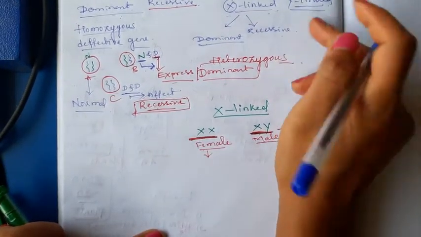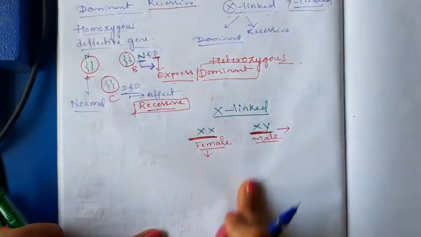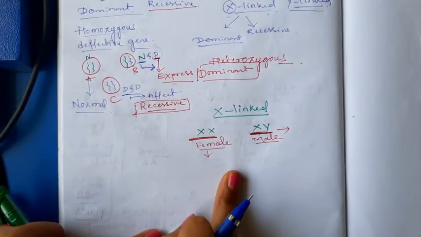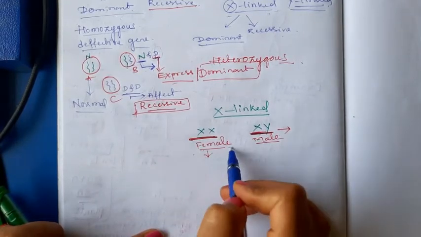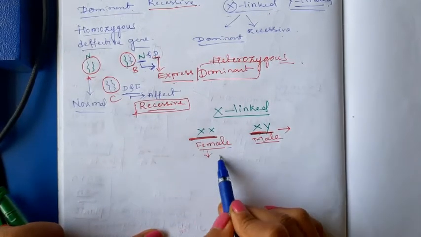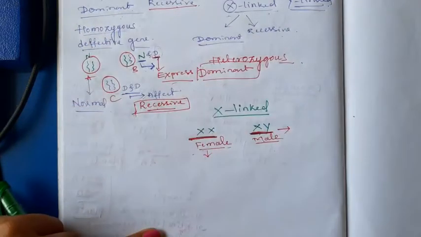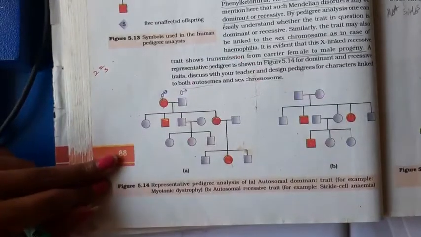In recessive condition only female can suffer. In X linked dominant, both the male and female can suffer, but male are less affected than the female. This is all about the disorder pattern which we can see in the individuals. Here you can see,